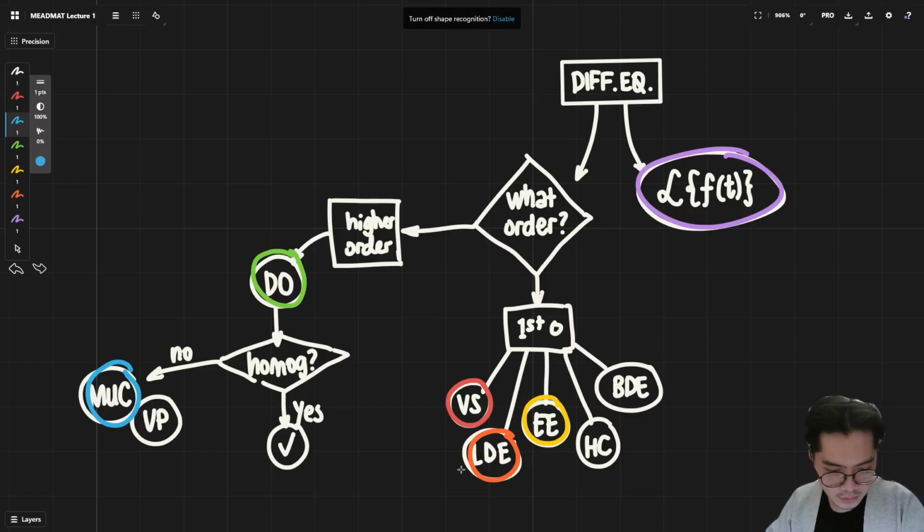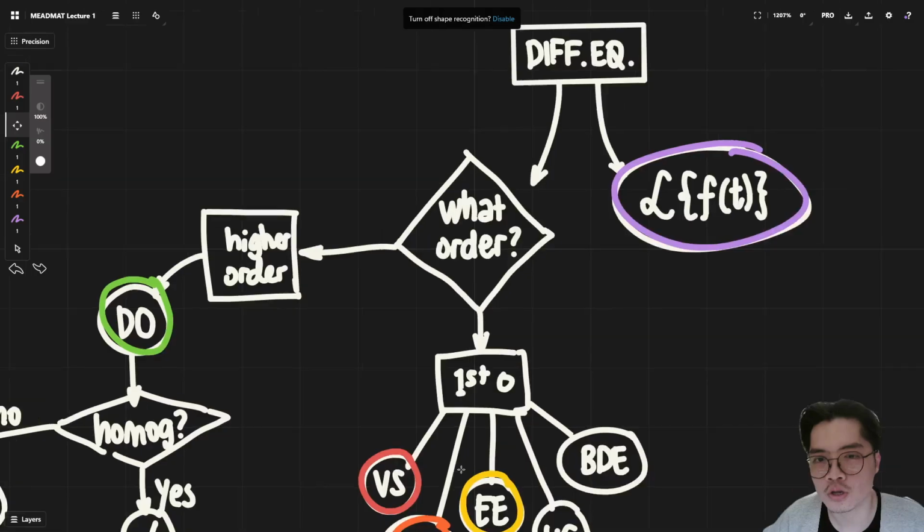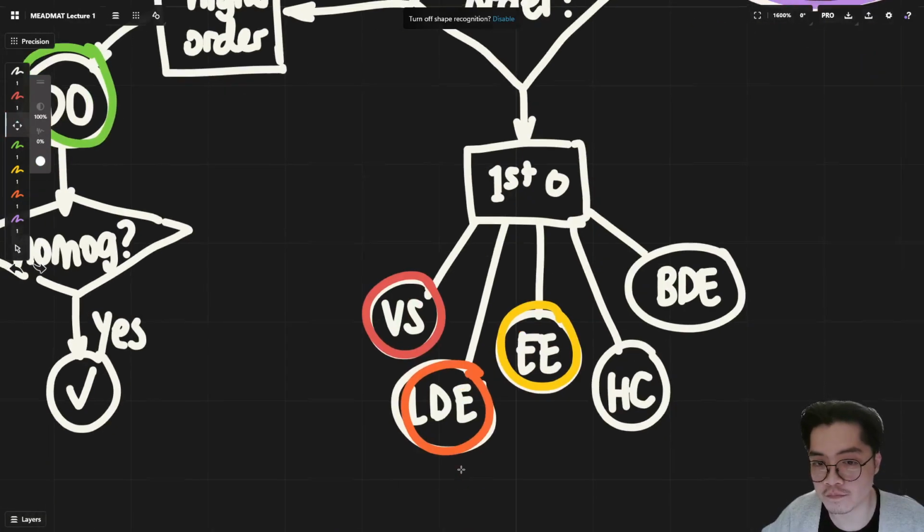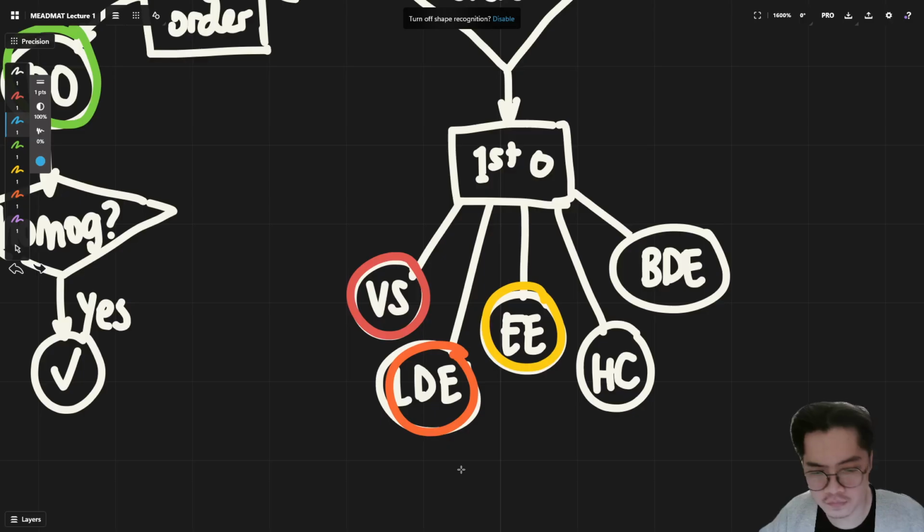All right. Last we left off, we had this flow chart right here. Basically, if you want to go to the left side of the flow chart, if you want to be a bit more analytical about things, you should ask first what order your differential equation should be in. If the answer is first order, which a lot of differential equations are,